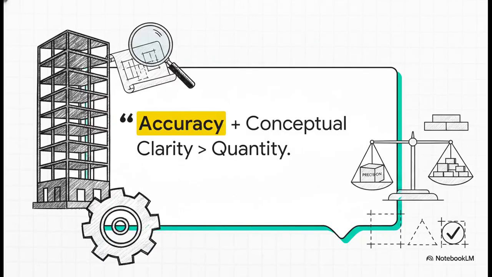Let's get right to the bottom line up front. In structural engineering, success is absolutely not about raw output or rushing the schedule to save a buck. It is entirely about absolute precision. Trusting the blueprint and relying on rigorously tested methods over guesswork is exactly how you mitigate liability. Because mastering foundational concepts, ensuring accuracy and conceptual clarity will always trump simply getting things done quickly.